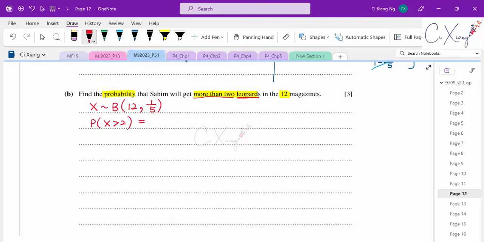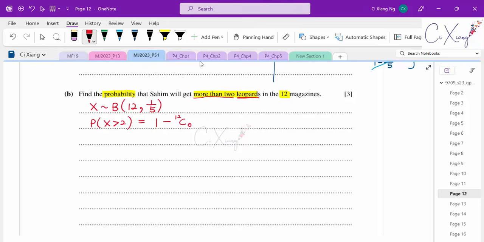Okay, so to calculate this probability, you can get the probability of x equals 3 plus x equals 4 plus x equals 5 and so on until x equals 12, which is very, very long. So we want to do it the other way around, where I will take the total probability, which is 1, then minus the cases that are less than or equal to 2. So that means I will take it minus